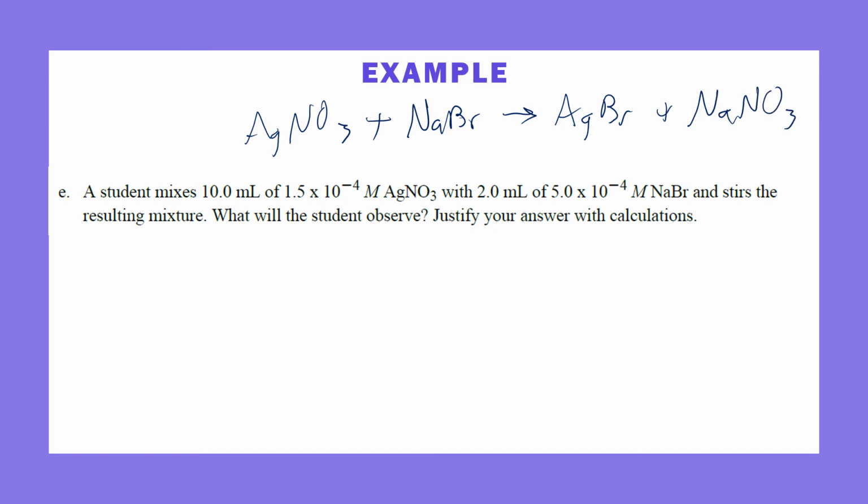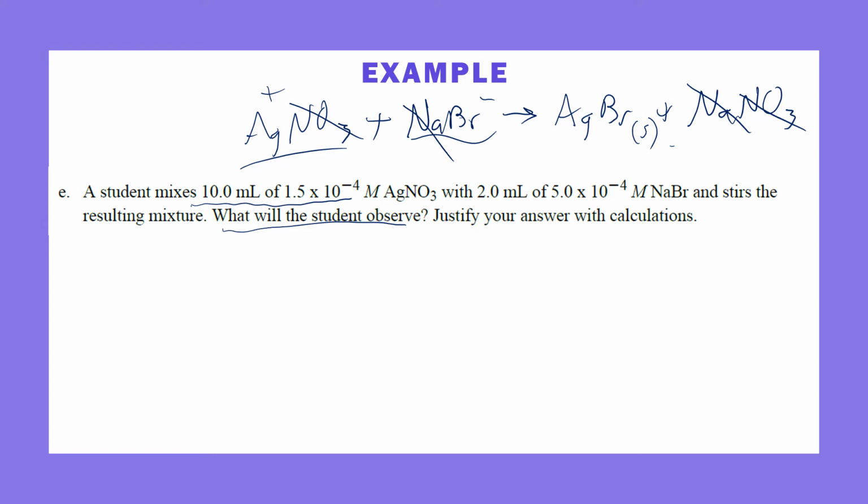But the sodium nitrate is completely soluble, and so is the sodium bromide and silver nitrate. So the sodium winds up being a spectator ion, and the nitrate winds up being a spectator ion. So effectively, we just have our silver ions and our bromide ions reacting to form solid silver bromide. So when it says, what will the student observe, we're trying to get at, okay, will a precipitate form? All right. So what we can do is find the